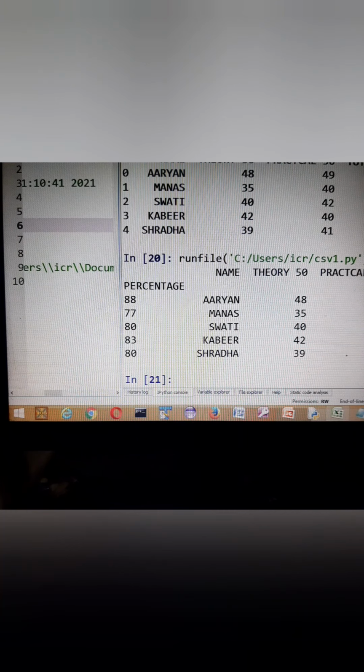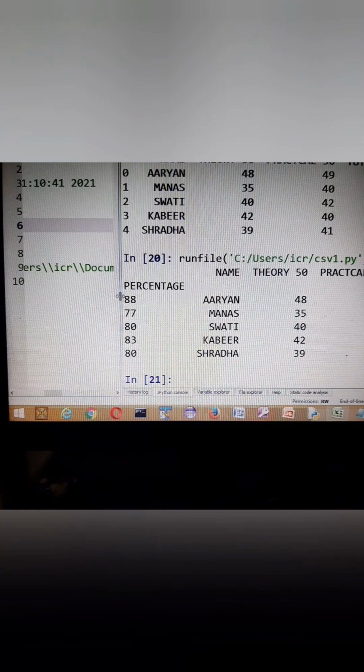It's a very good question. We'll try it out in this CSV file itself. It's saying if suppose you remove the header and then you want to find the maximum from the practical or the total marks, like theory marks, then in that case it will naturally give an error, because header is equal to none means you are not giving any heading at the top. And now at the top 0, 1, 2, 3 and so on are given. So in that case the maximum will be found according to the index number of the column. Let me try with this CSV file and show you.